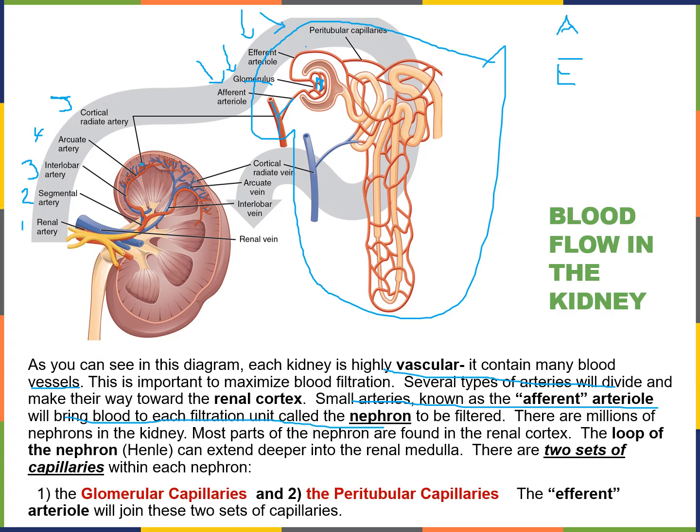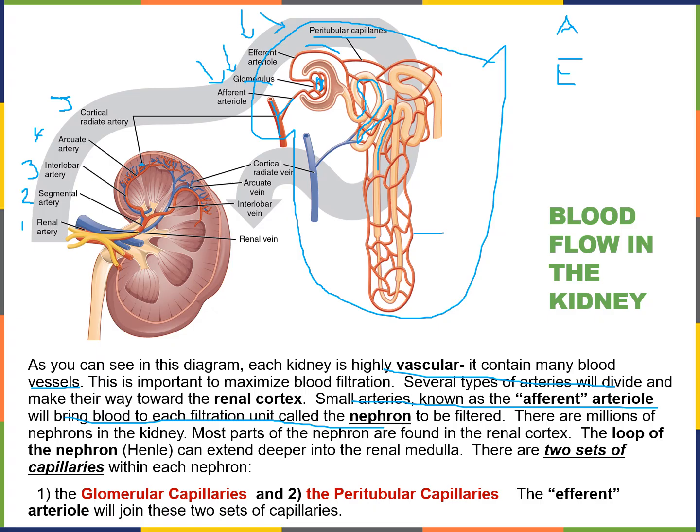The efferent arteriole is what forms this set of capillaries called the peritubular capillaries that wrap themselves around this beige colored tubule system. So the red blood vessels, capillaries, the beige structure here, that's a tubule system. That's part of the nephron tubule system. And we will be learning the parts of it in a minute. So when we look at the diagram of a nephron, we really want to be able to distinguish the blood supply